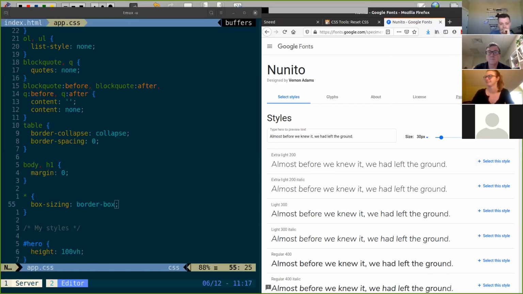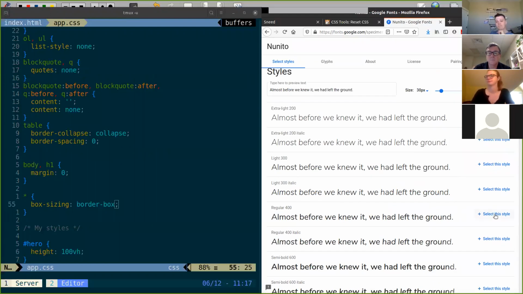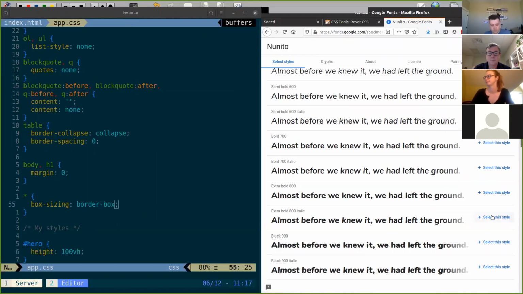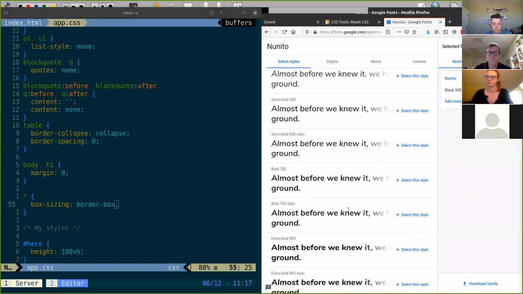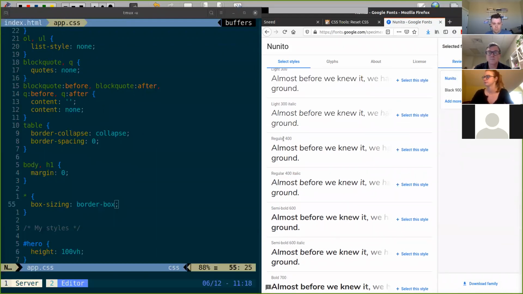And if we want to use one of these, we're going to say that call to action should probably be black. That's 900. But I'm also going to want one that's regular size, which is 400. All right, so I've got those two. And then to put those in,